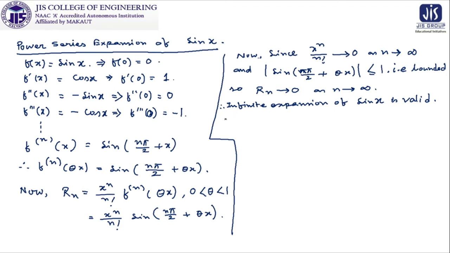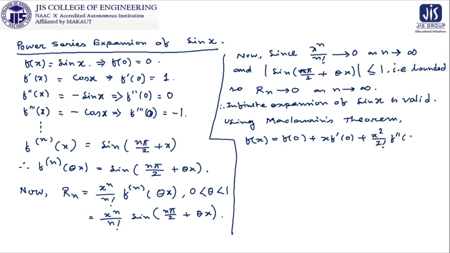After that, we can claim that using Maclaurin's theorem, we can write f(x) is equal to f(0) plus x f'(0) plus x square by factorial 2 f''(0) plus dot dot dot, and using f(x) is equal to sin x from our basic starting point, and obviously using the values of f(0), f'(0), f''(0) and so on, we can write it as